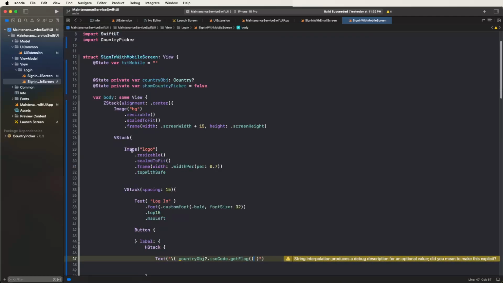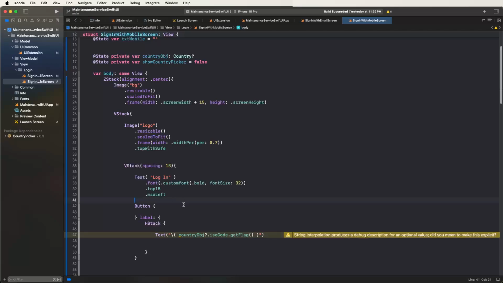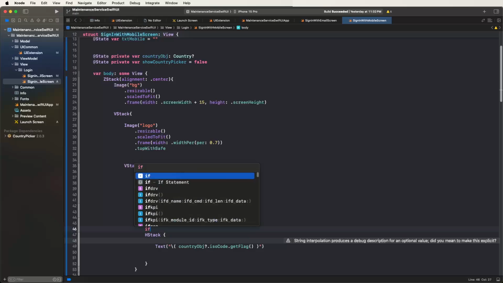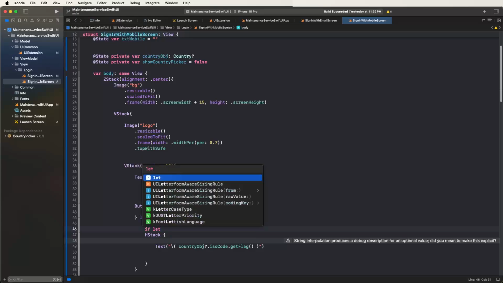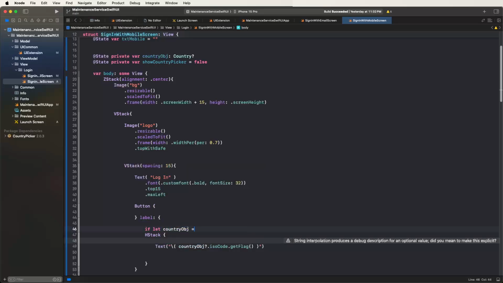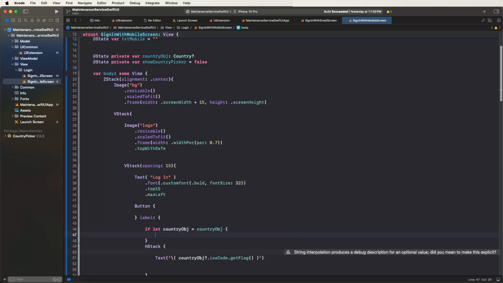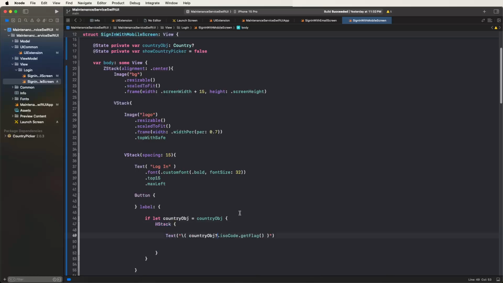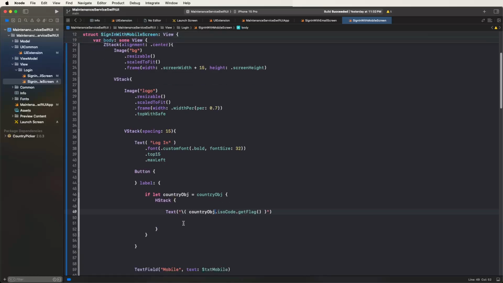Maybe you need to set the condition: if let country object is equal to country object, then set it like this, and remove the exclamation sign and question mark. Need to remove the question mark,